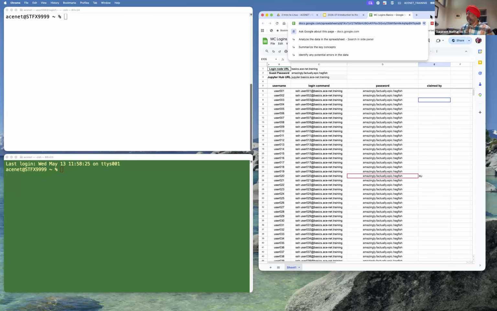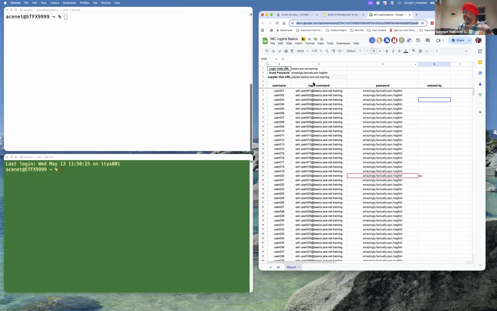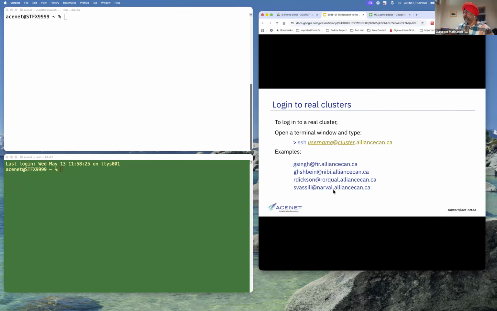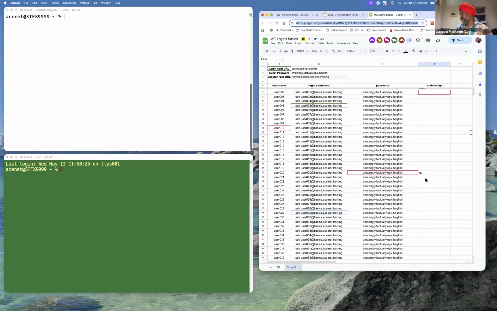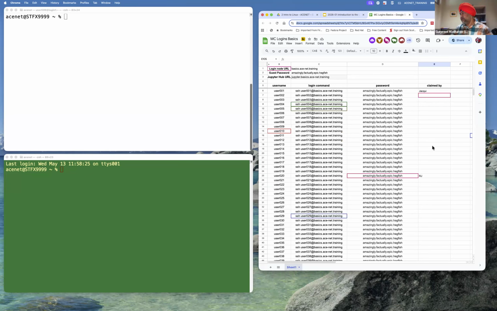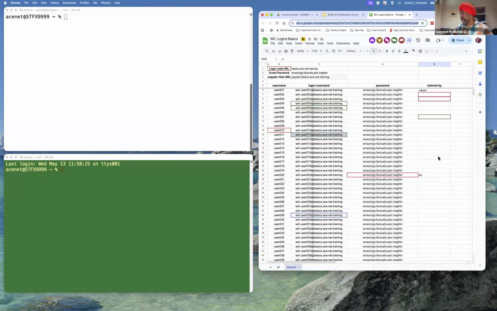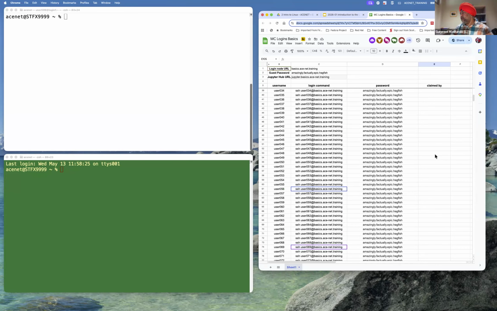If you have an account on one of the real clusters, you can use that. But if you don't have an account, then I would advise that you use one of these spots on the training cluster. So what you can do is pick up one of the spots over here, and don't pick a spot which has already been taken. There are plenty of spots available.